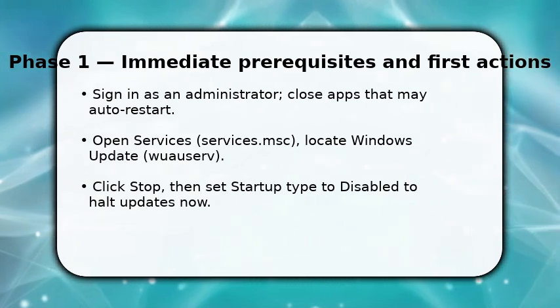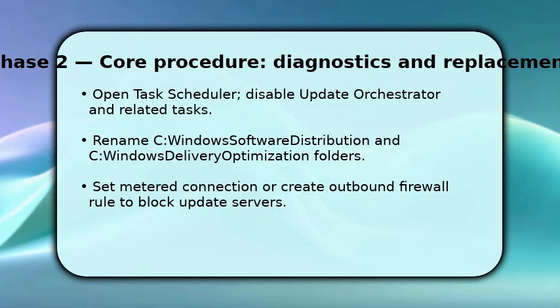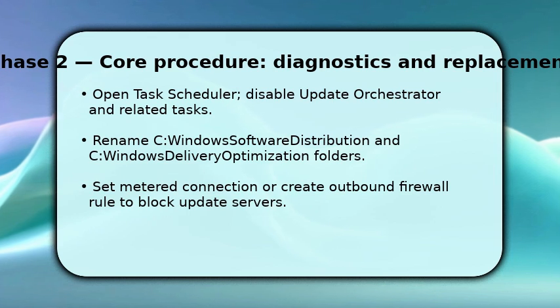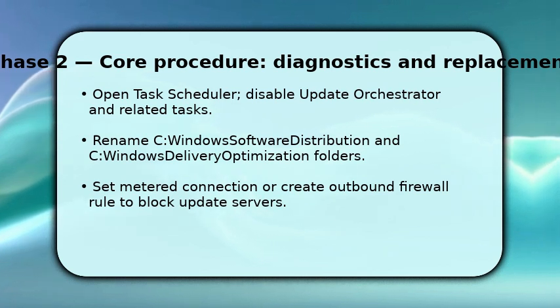Once the service is disabled, you must prevent scheduled tasks and delivery components from re-enabling it. Open Task Scheduler and disable Update Orchestrator and any Microsoft/Windows/Windows Update tasks. That stops automatic triggers. Then rename